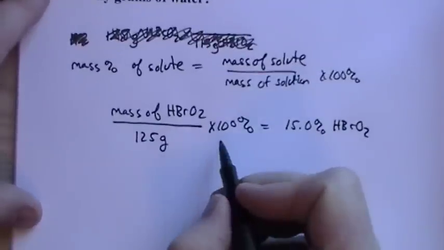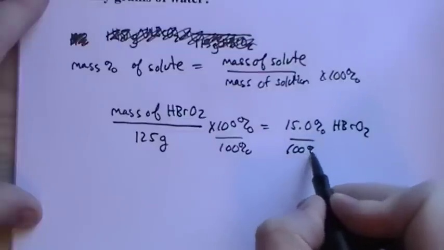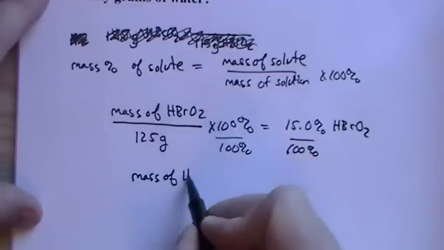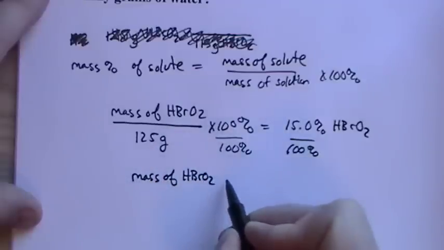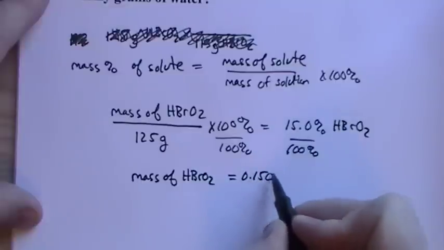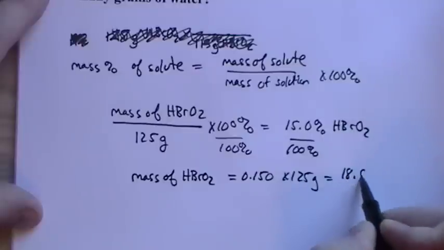So dividing through by 100% and rearranging, we end up with the mass of the bromous acid is 0.15 times 125 grams, which is 18.8 grams